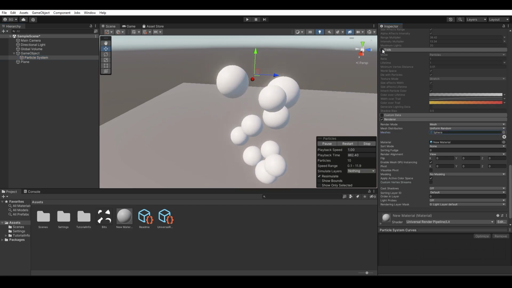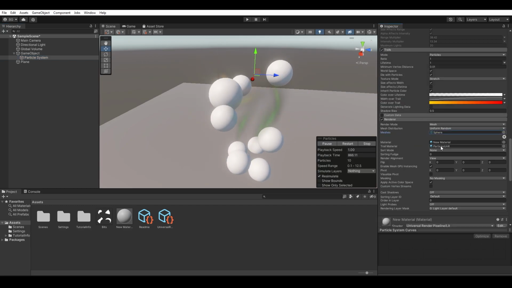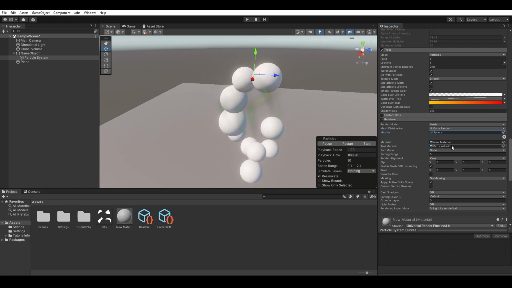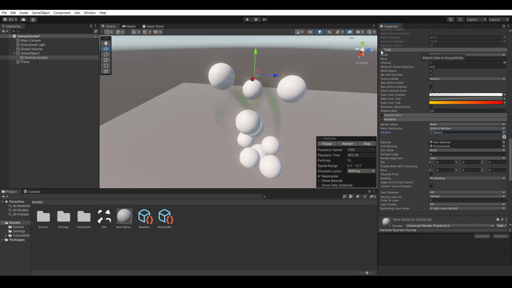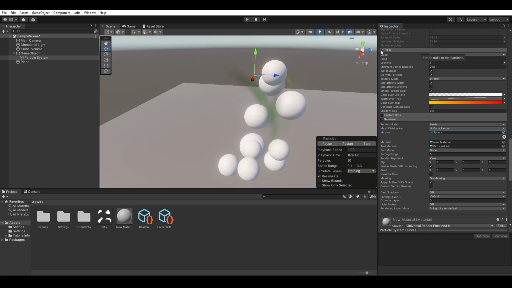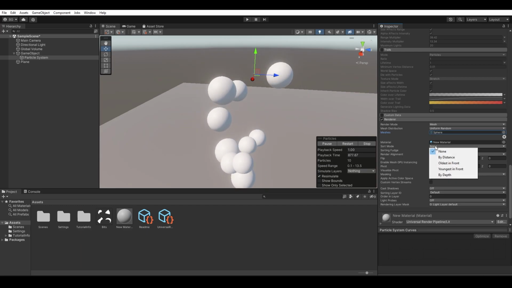But if you have your trails turned on, then it'll give you another material slot where you can slot in a separate trail material, so they don't have to share the same material, which is lovely because you can interweave different materials to make cool effects. Sorting mode, if these are transparent objects, you can tell it, hey, do it